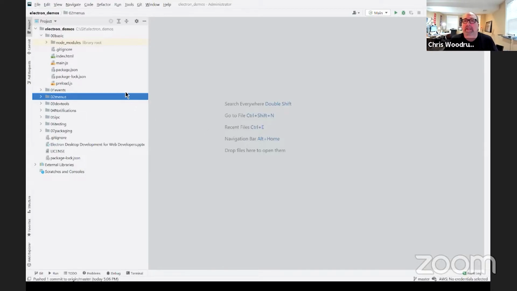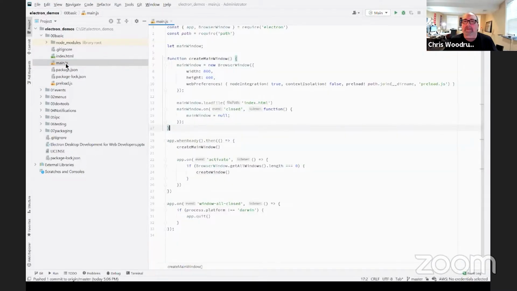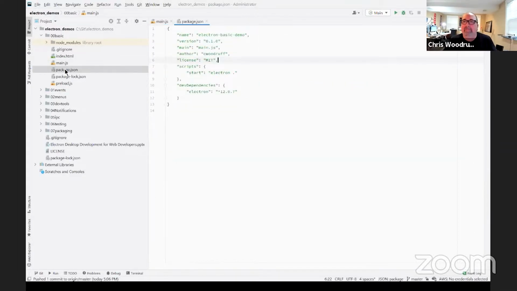So let's take a look at a simple, basic Electron application. There we have a main. Basically, all you really need is a main and an index. Now, you can have a package because you need some properties to go along with it, like the name and the version and other things.